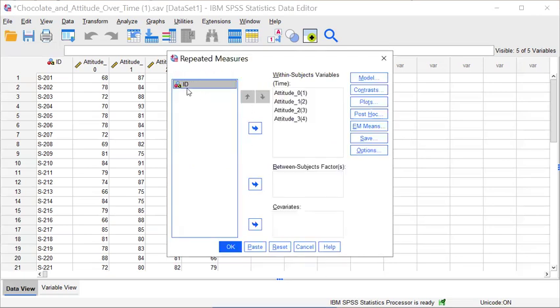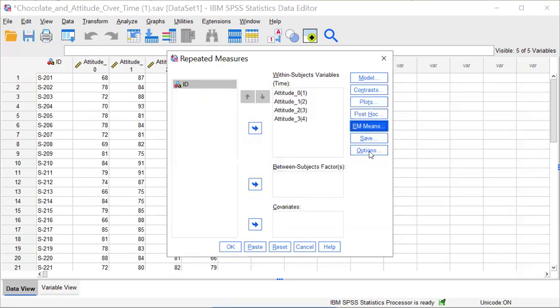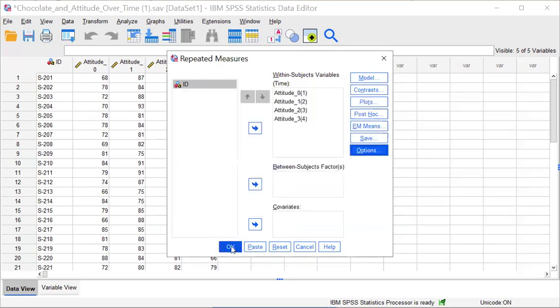And to define it, you have to move the results from the survey for the 4 different times from the left to the right in order. Then you would click EM Means, and you would move time from the left to the right to display means for, and click on compare main effects, then click continue. Then you would click on options and you would check the box for descriptive statistics and click continue and click